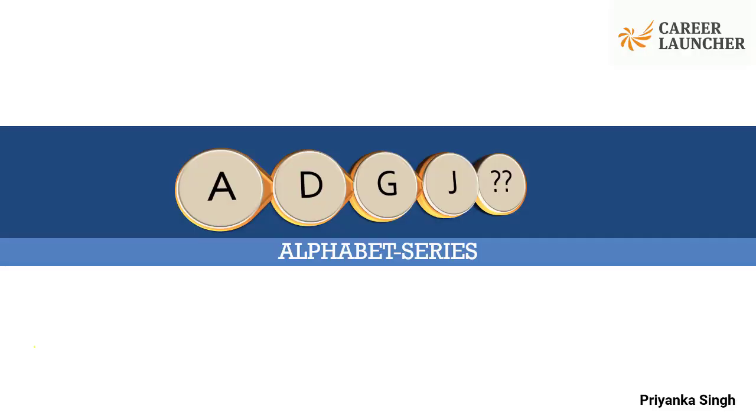So this time we are doing alphabet series and not a usual number series. Now how is an alphabet series different from a number series? Because here we are not going to use numbers. In fact, we would be using the basic alphabets in the English language, that is from A to Z. Let's understand how it is different from number series and what kind of questions are being framed on alphabet series.